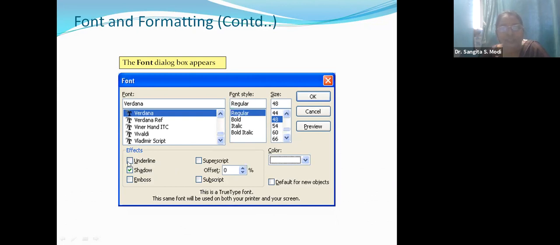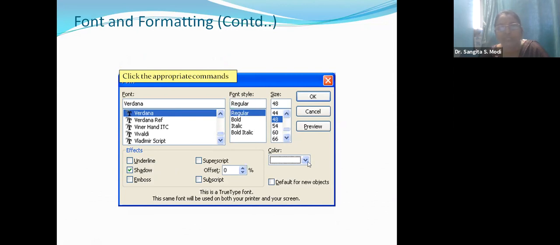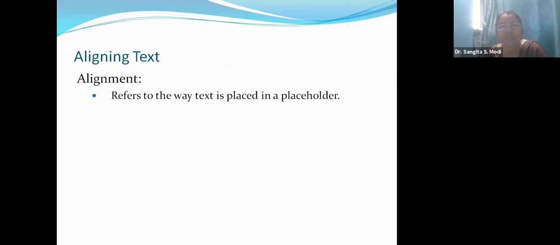These are check buttons. Check them and press the OK button. Color is also appearing here. There is a color drop down menu. If you click on this, the color palette will come out, and you can give color to that particular text also.